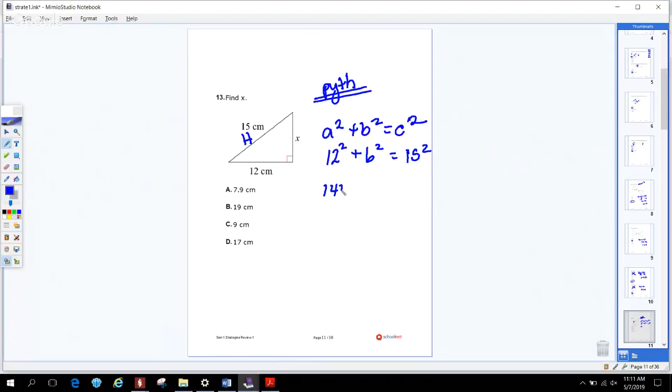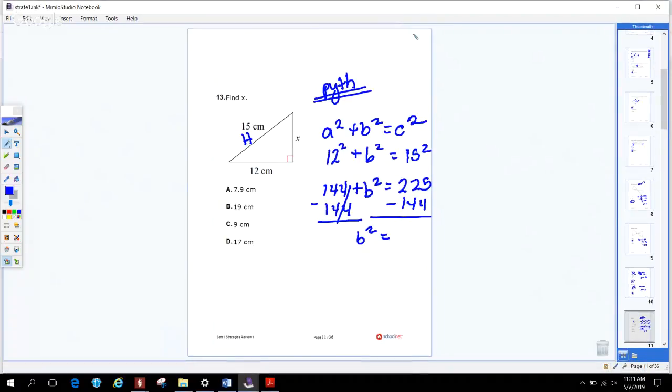Here we've got 144 plus b squared equals 225. Subtract. Let me see, because I don't feel like doing that in my head. 80, and the square root of 80 gives us 8.9. So with rounding,